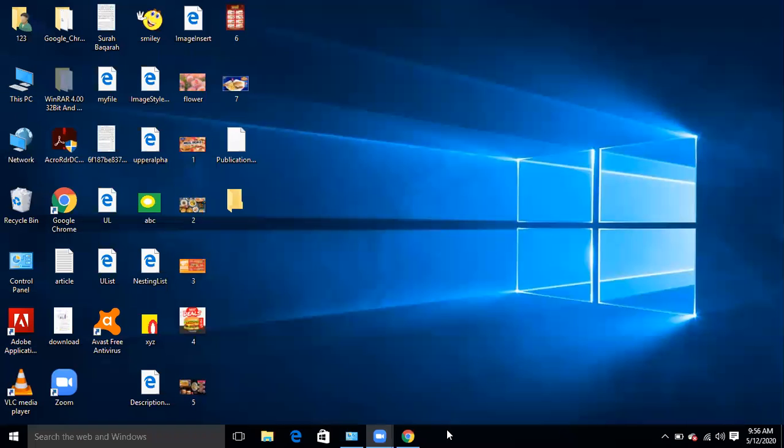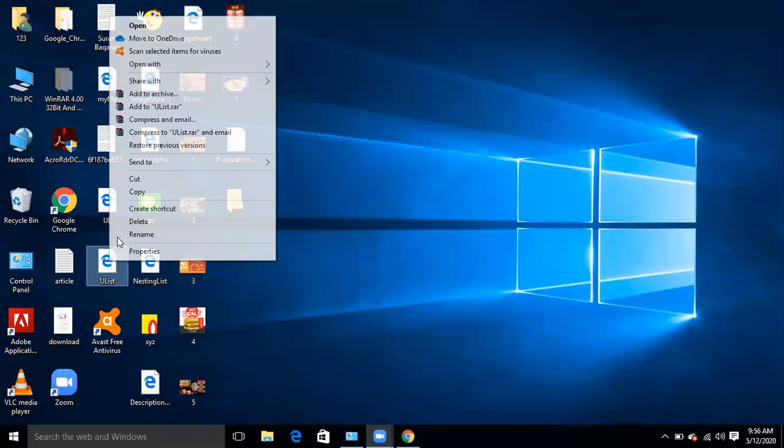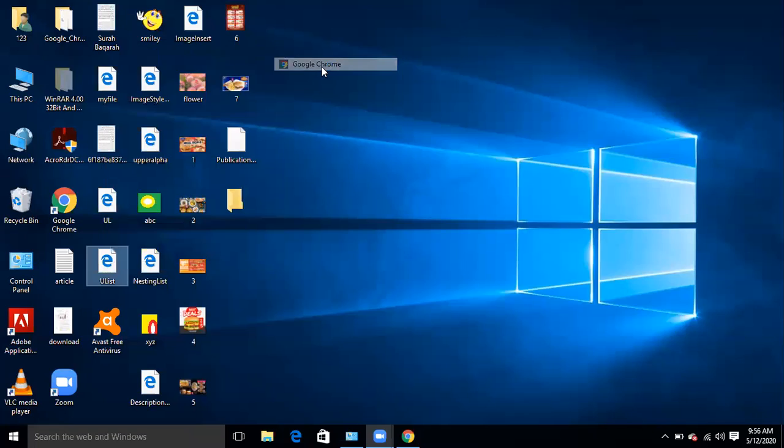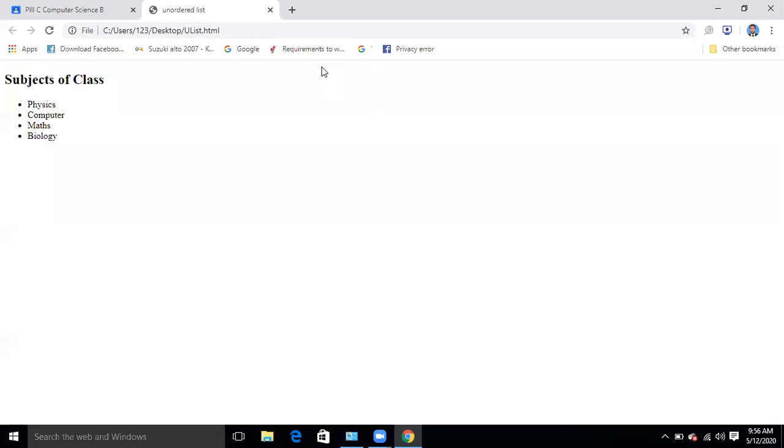Ordered and unordered lists are those lists where you are giving some bullet point or some number point. For example, this is an unordered list. Bullet points are there, where you are giving square or circle or even picture in order to show the contents point wise. This is called unordered list. We have seen this thing last time.